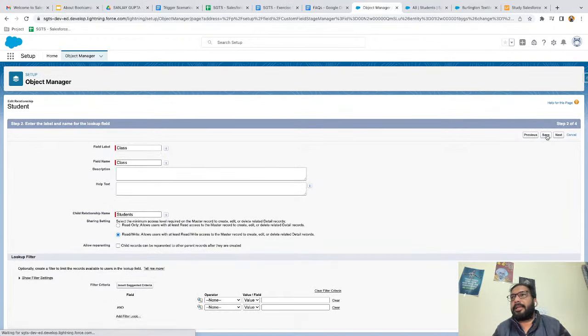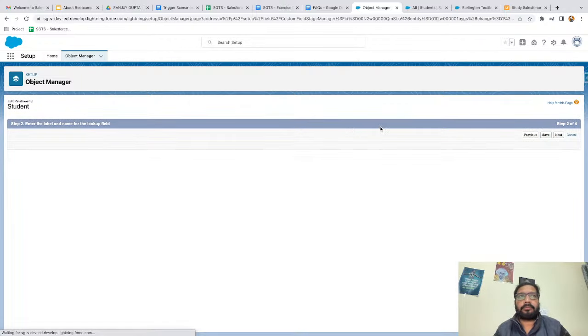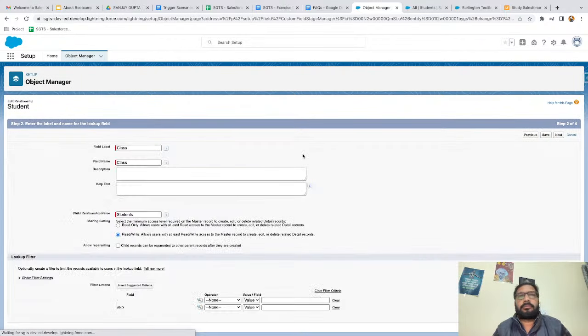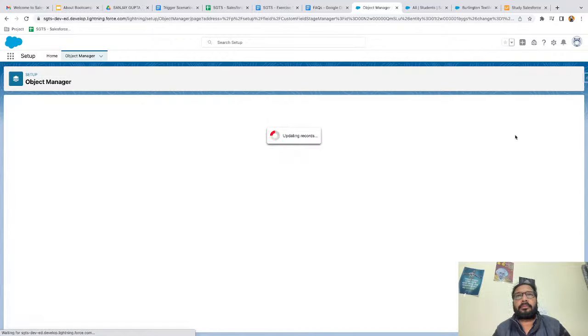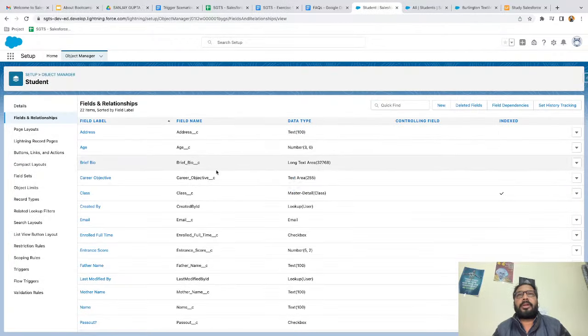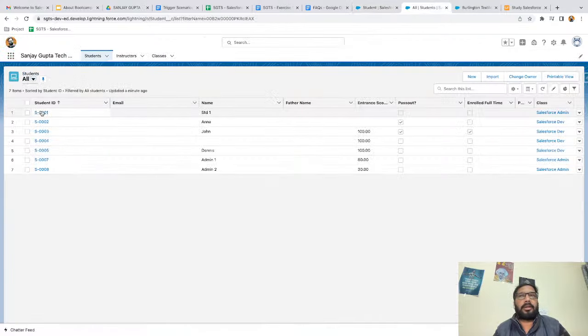And from here, I'm clicking on save. So you can see our lookup is converted into master detail. If you see this field, here you will be able to see the master detail data type, right? And as this is converted into master detail, if I open any student record,